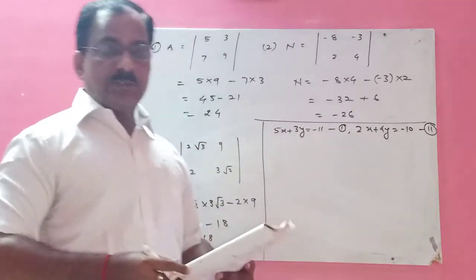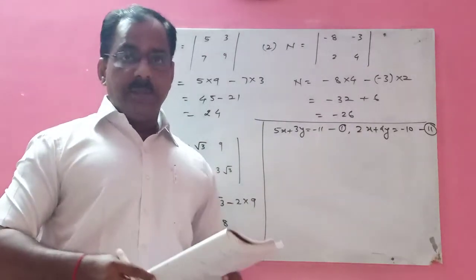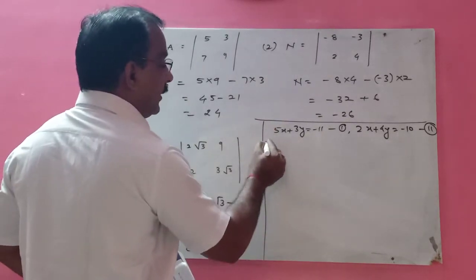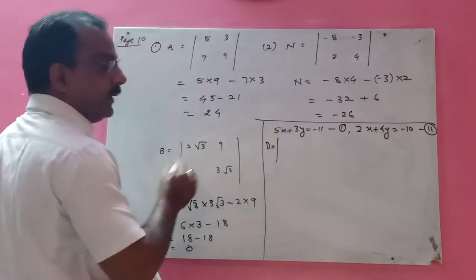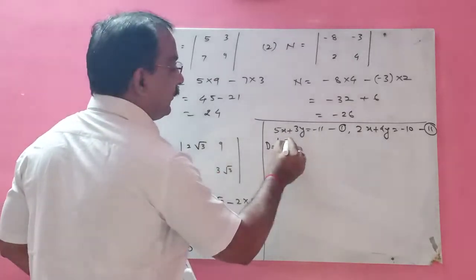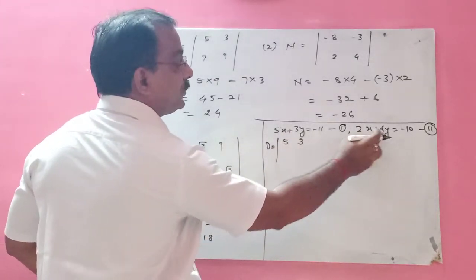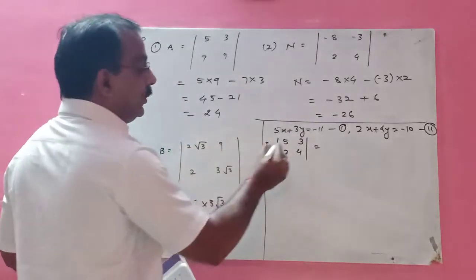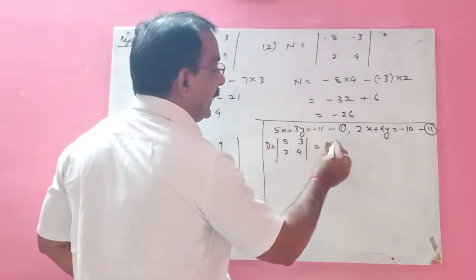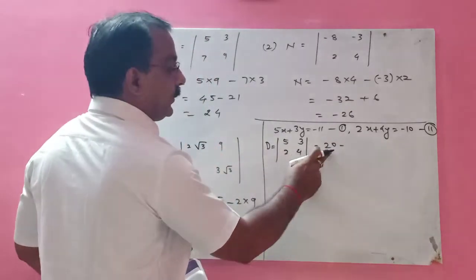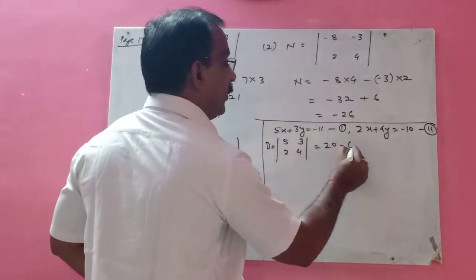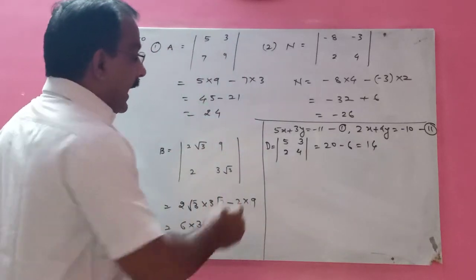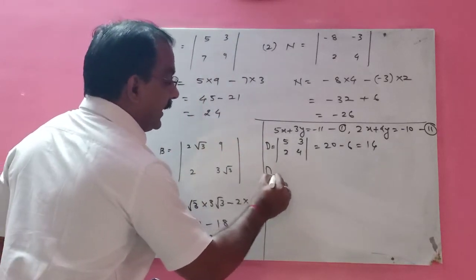So children, first we will find out the determinant value, like here you have calculated. So to get that determinant value, what you will do? Write down this 5, 3 here, and this 2 and 4. Calculate its value. How you will do? 5 4s are 20, and 3 2s are 6. So how much you will get here? 14. Okay. Now after that you should calculate dx.